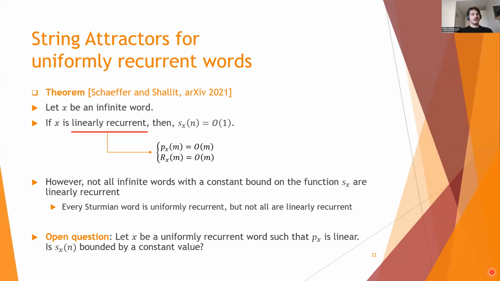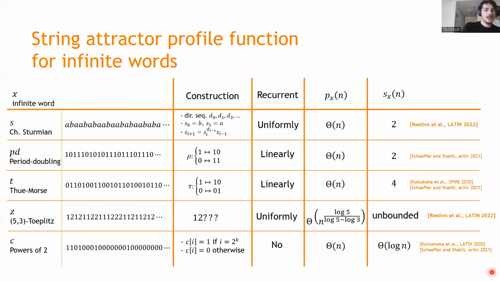So here we have an open question, which basically asks if we can lighten the condition posed by Schaeffer and Shallit. Let x be a uniformly recurrent word with linear factor complexity. Can we say that the string attractor profile function is bounded by a constant value? And here we show